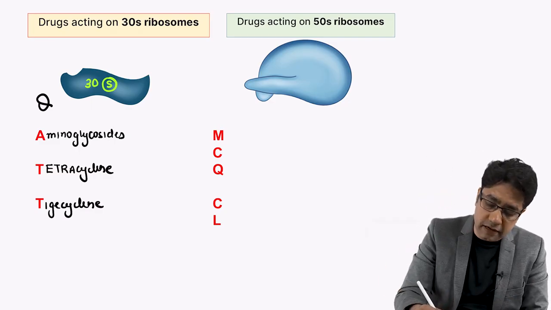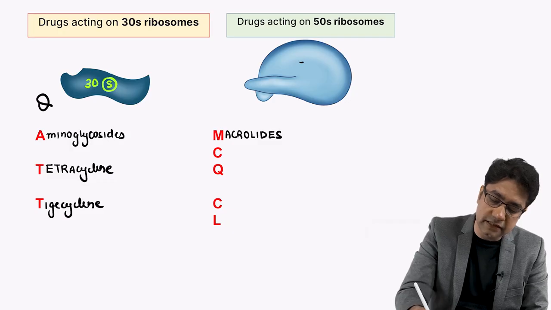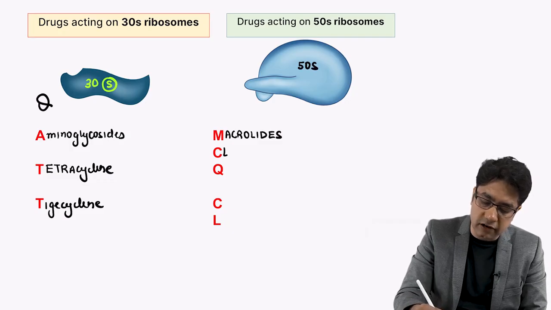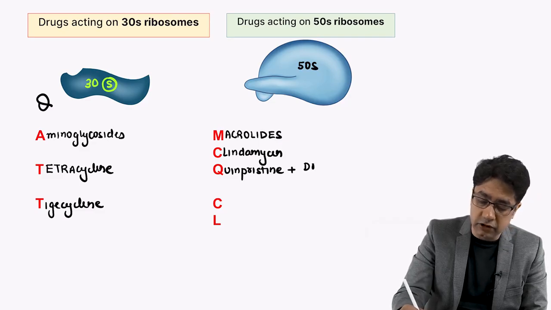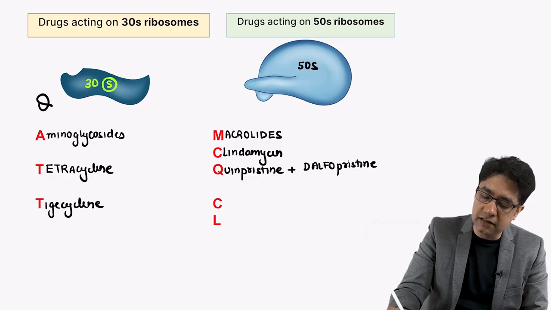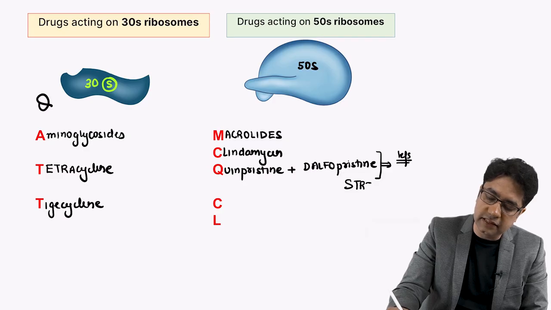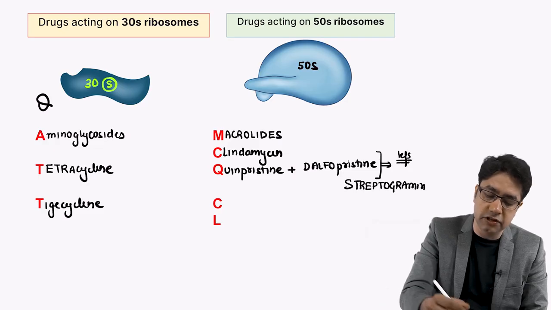First is MCQ. M for macrolides. So macrolides, azithromycin, which we are going to discuss. C for clindamycin. Q for quinpristine with dalfopristine. One question will come in your mind, sir, you have not taught about this drug. Remember this combination of quinpristine and dalfopristine. It is known as streptogramin. So we discussed streptogramin. Streptogramin is a mixture of quinpristine and dalfopristine in